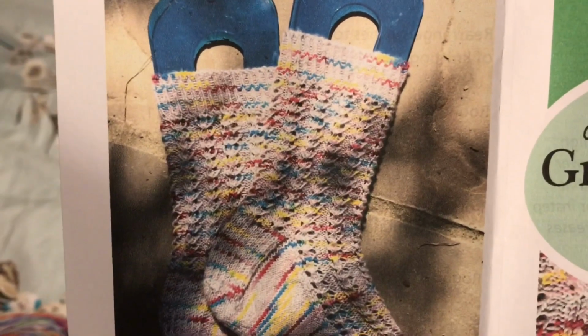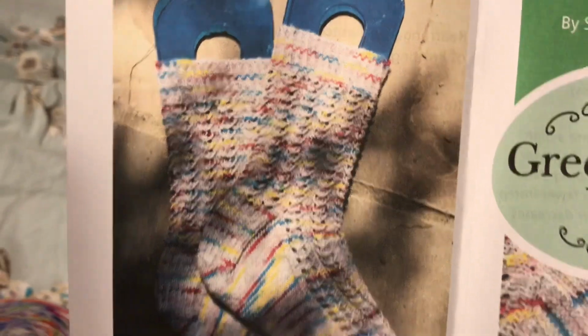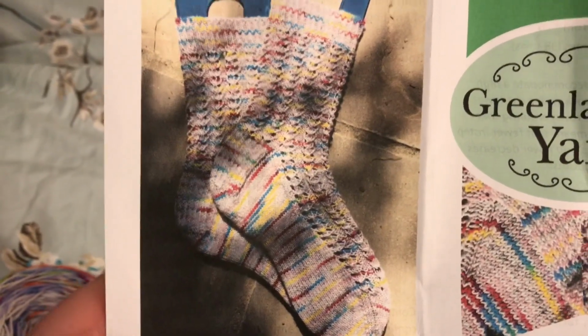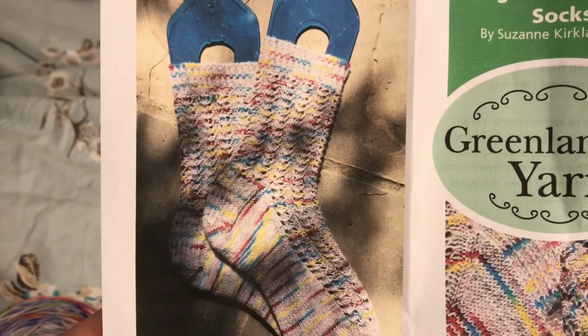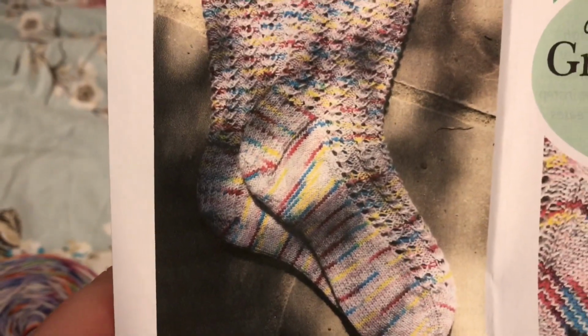The pattern looks like that. So I've just finished the 1x1 twisted rib, thank goodness. I love the way it looks. I do not love how long it takes to do. But I am going to change my own pattern